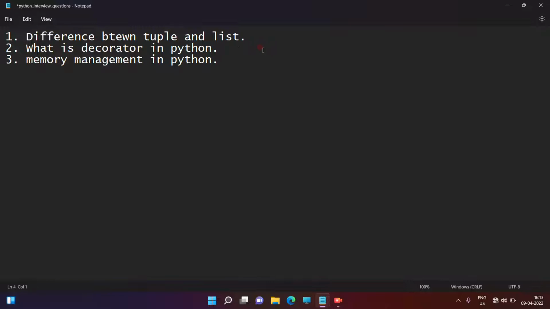A value which has no reference is called a garbage value. The garbage collector clears the memory and removes the unnecessary objects and values which have no reference, right? You can give the answer like that properly about memory management in Python, right?